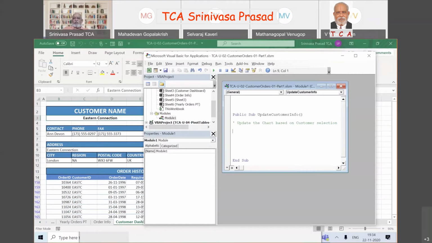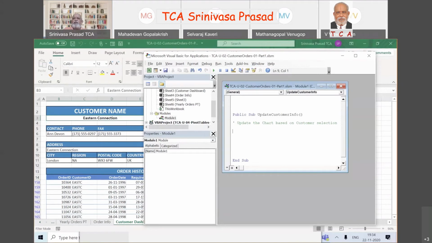In a very macro manner, what I will say: whatever customer name I am going to select in B3, you please take that, keep it in your hand as data and go to yearly orders PT. Then go and drop this customer on that filter, and then the chart changes. This is what we have to tell him.